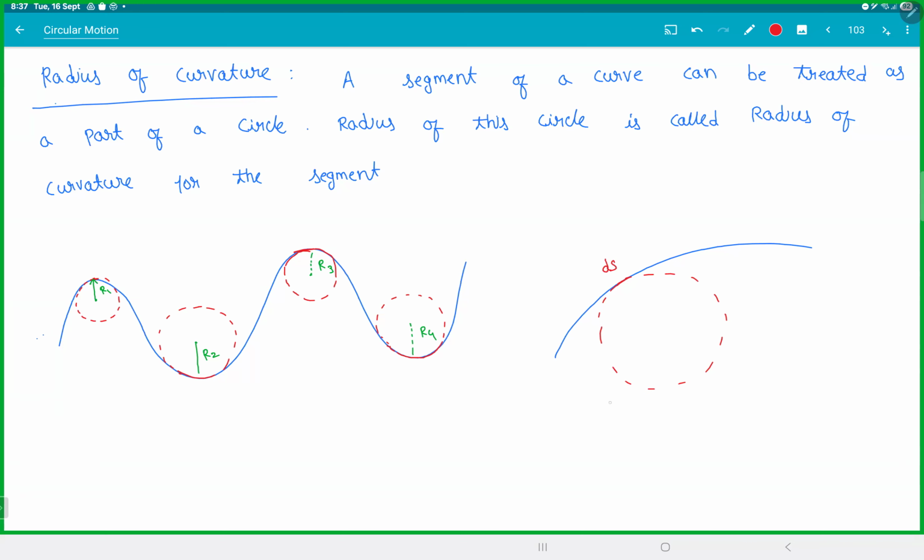You can do both. That is the whole advantage of calculus. So a curved path can be treated as an assembly